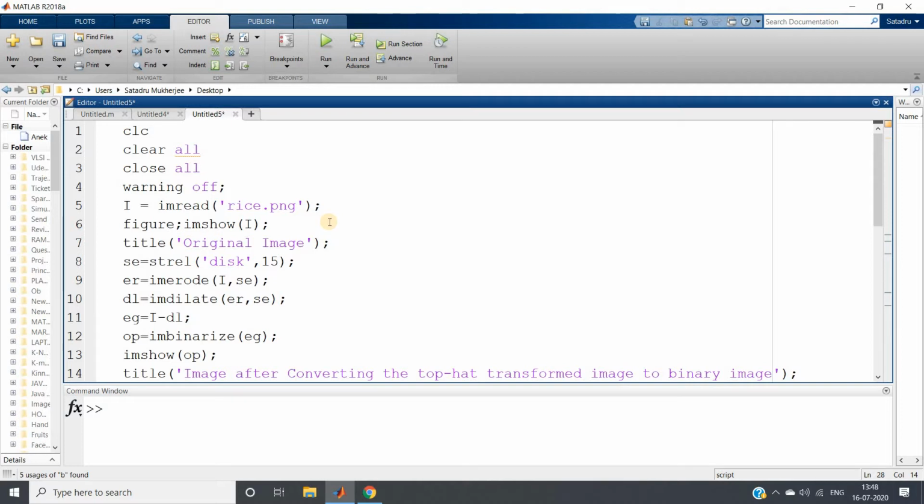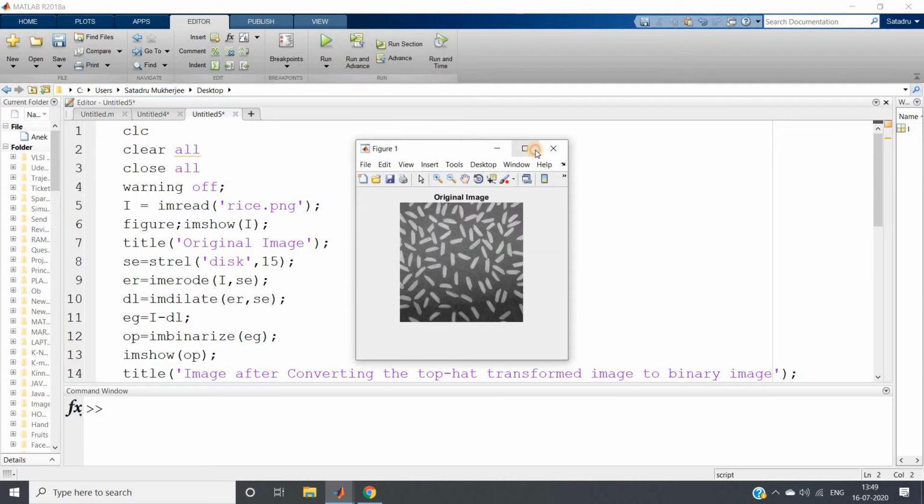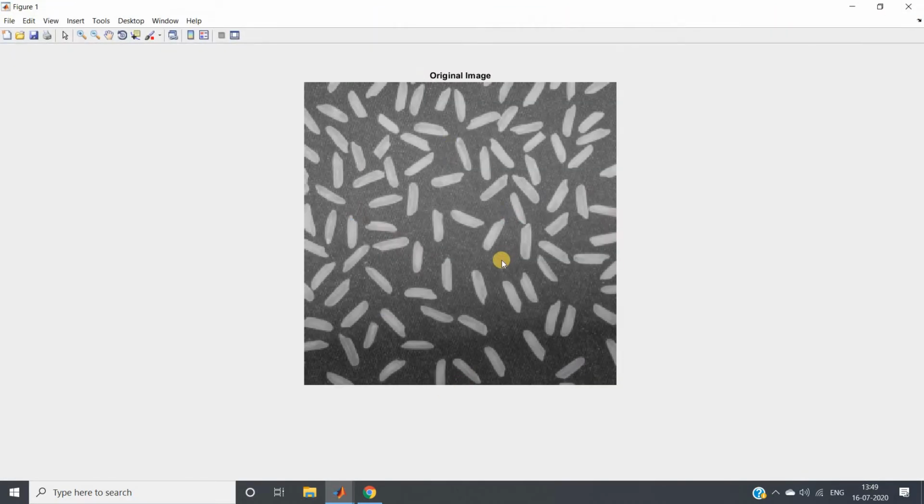So what is image segmentation? Image segmentation is nothing but dividing your original image into small segments or small parts based on certain criteria. Already in my previous video I have shown you how you can clear the border objects present in a binary image using morphological operation. Based on that, I am going to show you image segmentation. It is a very important example and frequently asked in digital image processing related interviews.